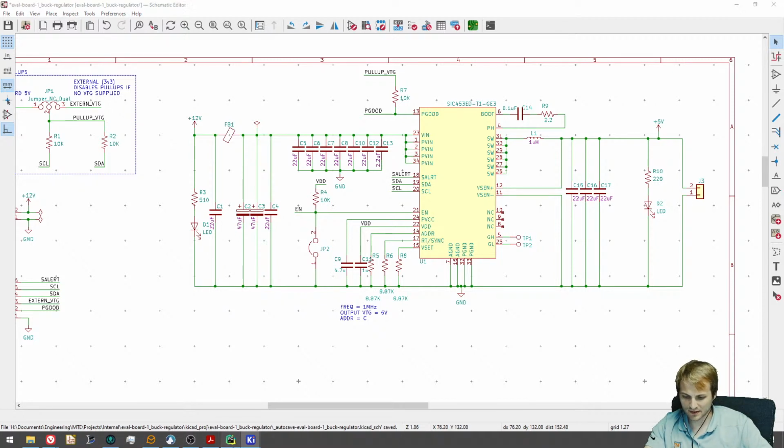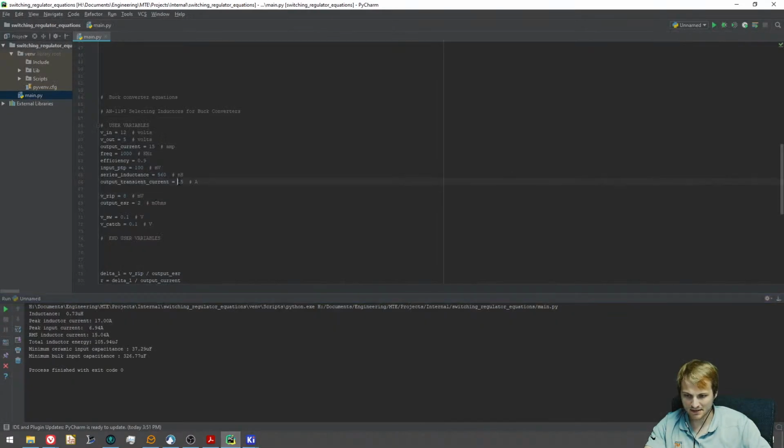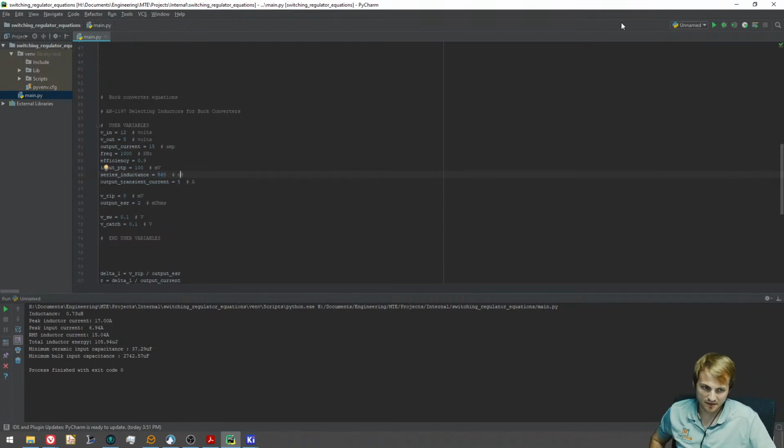And then the other thing that makes a massive difference, even more so than the output transient current, is if we were to use a bigger inductor. So say if we were using like a 4700 nanohenry, so a 4.7 microhenry, I guess they're about equal sides. So if we had a bigger series inductor,